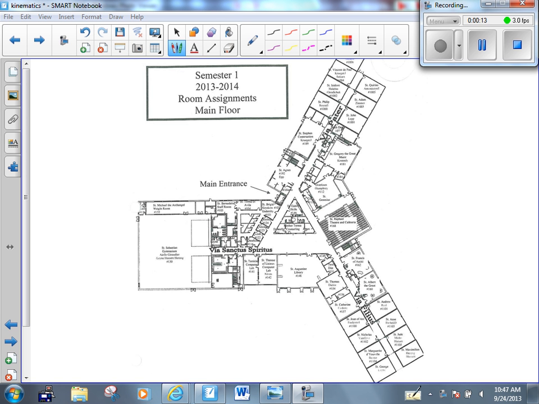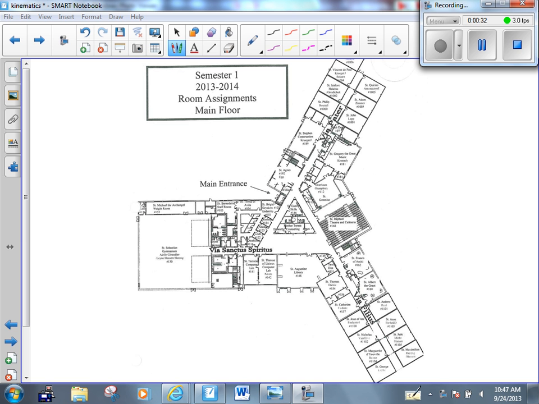If it does, then all of a sudden we go from a two-dimensional analysis to a three-dimensional analysis. We're not only going X and Y, we're going X, Y, and up the stairs, which is Z. That makes our analysis a little bit more complicated. So we're going to focus on the first floor only, and everybody should have a copy of that first floor